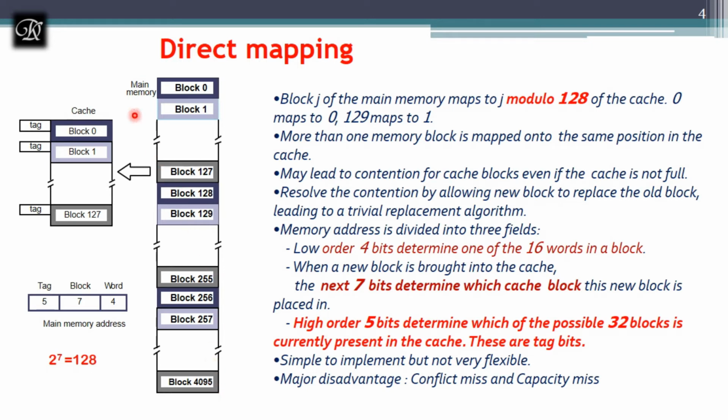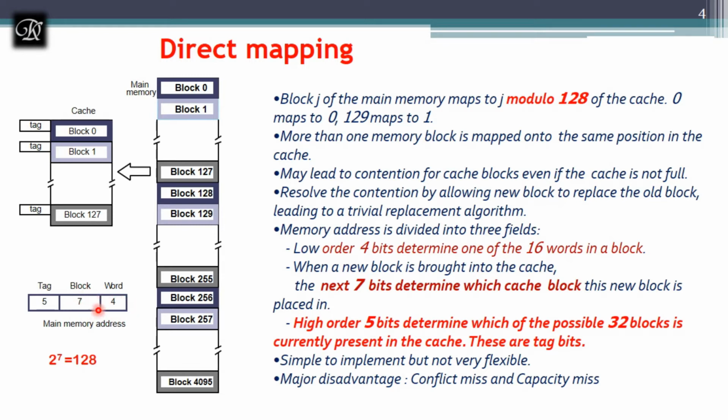And when it comes to cache, I'm having 128 blocks according to the discussion. That 128 ranges from 0 to 127. Out of the given 16-bit address, how am I going to divide the address? The word size, whatever I said, is 16 words. That is standard, even in main memory and even in cache. So 4 bits are reserved here. I won't change them. Then the remaining 12 bits.